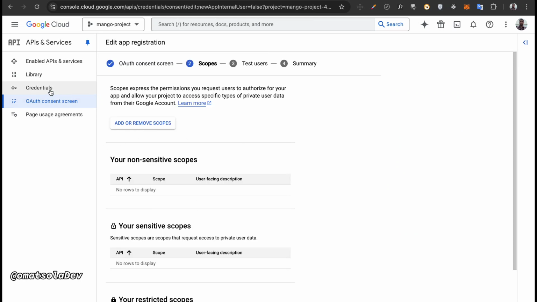Now next, I will go to credentials. Now all of these options at the left side here have their functions. Like if I want to use maybe distance matrix, or I'm building an app like Uber and I want to be able to calculate distance, or I want to use the map services, then I can go to enable APIs and services. So all these are very useful stuff, but since we're just doing authentication with Google,